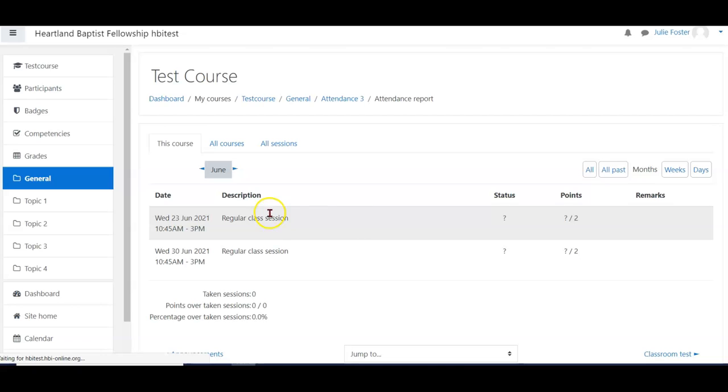This is what the student sees. This is not what the teacher sees. The student sees this page. Now you see the Wednesday, 23rd June at 10:45 a.m. Now it says submit. Next week, Wednesday, the 30th of June, they cannot submit anything yet at this time. So when they click submit,